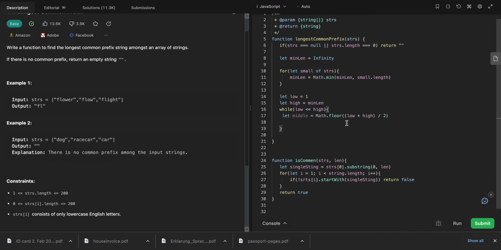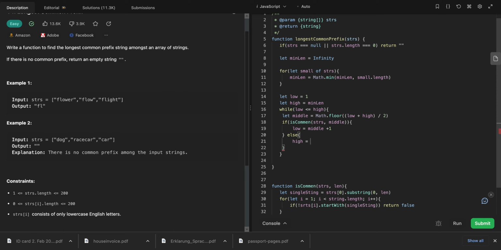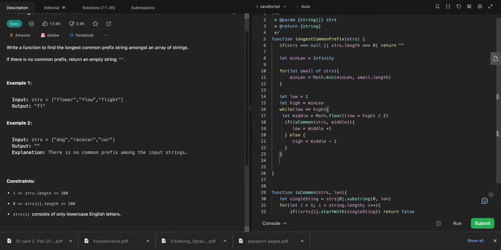So I will say that if is common, it will be, I'll put strs and middle, and if is common, it will be low equals middle plus 1, otherwise else high equals middle minus 1, and by the end we will return strs of 0